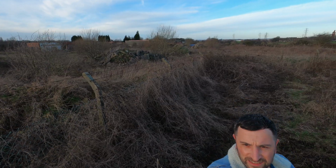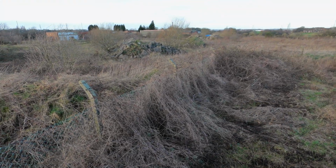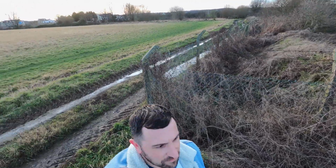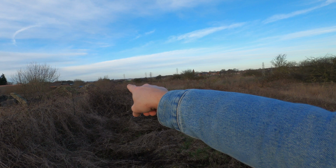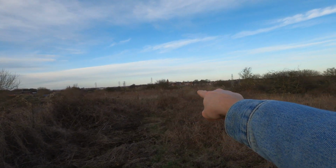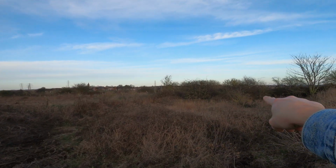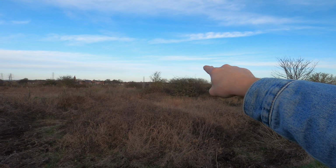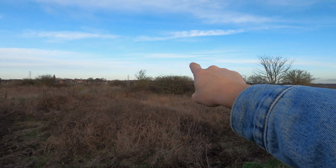So that's what's left of the quarry. You see that? So that's what's left of it. And the railway would have run just behind it here and this way here. But right about there, which again I can't get in because it's just thick brambles down there. So right about there,